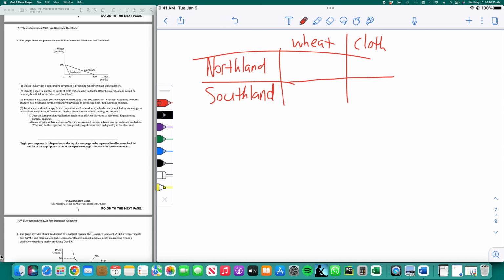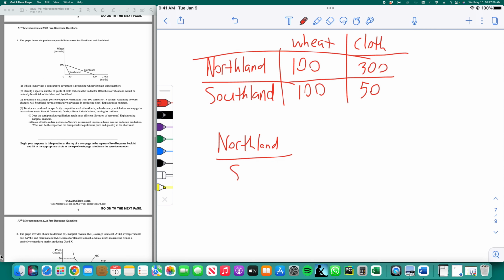Okay. Now Northland, they do 100 wheat and 300 cloth. It's very important that you follow the Northland line, and as you can see, it is 100 wheat and 300 cloth. Southland is 100 wheat and 50 cloth. Okay. So to find comparative advantage, all you're going to do is the same thing, Northland, Southland, but now you're trying to figure out the cost of one wheat,